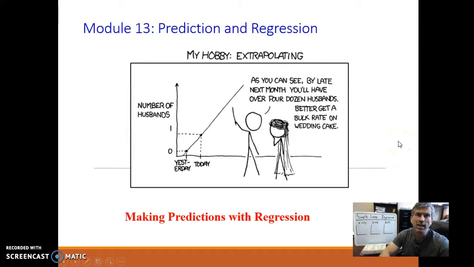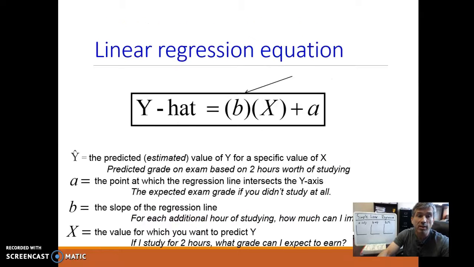Alright folks, so in the last video we talked a little bit about introducing the linear regression equation, which we can see right here. Again, the linear regression equation is designed to produce a line of best fit. It involves using two of what are called regression coefficients, the y-intercept, or A, which is the starting point of the line, what the expected or predicted y-score is if x was a 0, because it's a starting point of the line. B tells us the slope, or the angle that that regression line takes, and again it's intended to spit out y-hats, which are predicted or estimated values of y for a specific value of x that you input